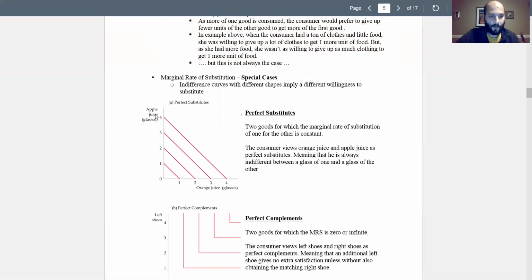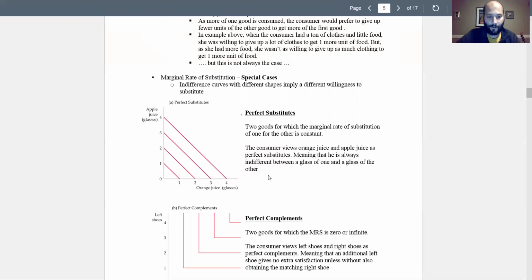So this consumer likes apple juice and orange juice equally as much. They're willing to trade 1 apple juice for 1 orange juice, no matter how much apple juice or orange juice they already have. Right, 2 apple juice for 2 orange juice, and so on. And perfect substitutes don't have to be in a 1-to-1 ratio. I'll do some examples in my example problems where this ratio isn't 1-to-1, and that'll just change the slope, but